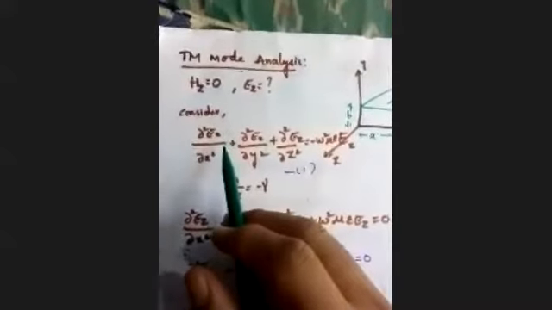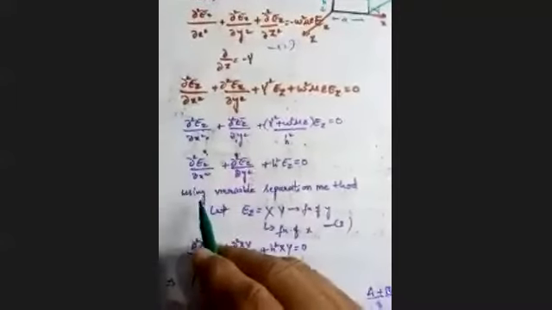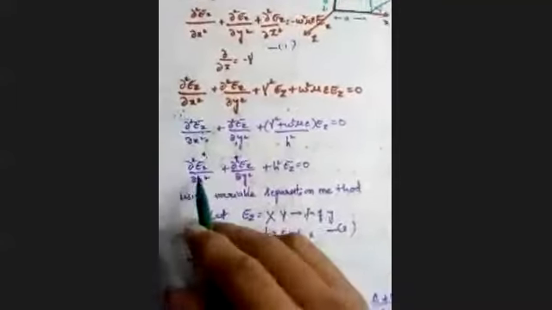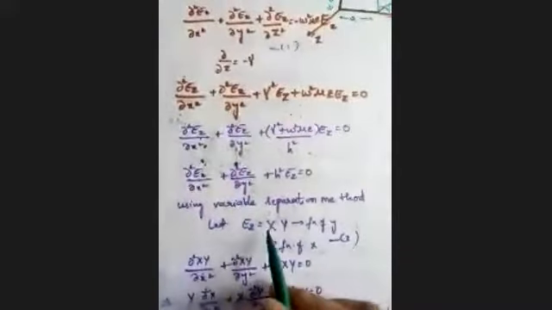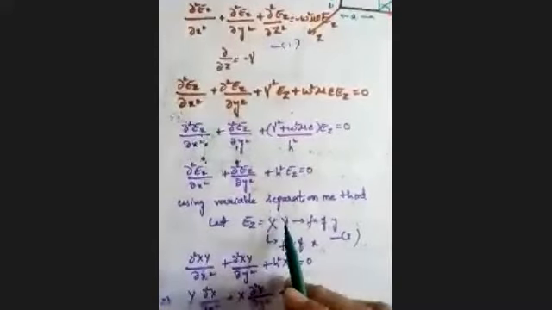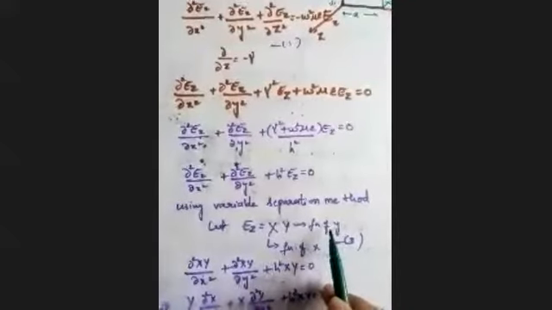Now, of the values of Ez and Hz for TM mode, we know that Hz is 0. And for Ez, we have taken the wave equation, expanded it, and then followed a step-by-step procedure wherein we have adopted the variable separation method to solve this equation, where we have expressed Ez as a product of two functions, capital X and capital Y, where capital X is a function of only small x and capital Y is a function of only small y.